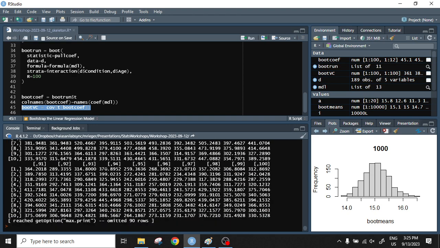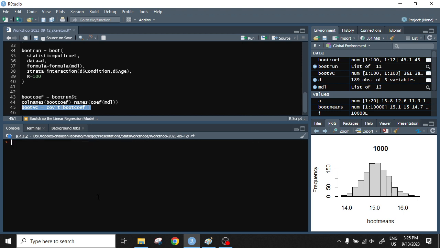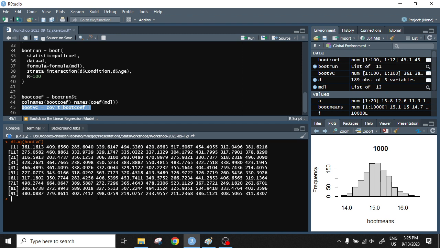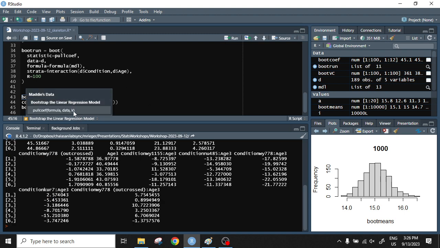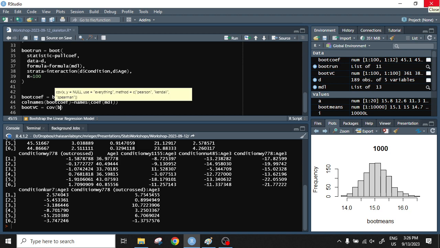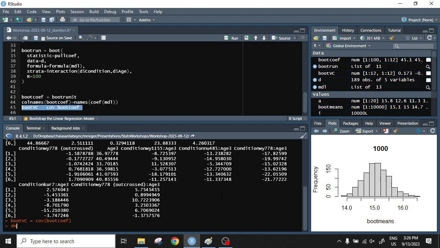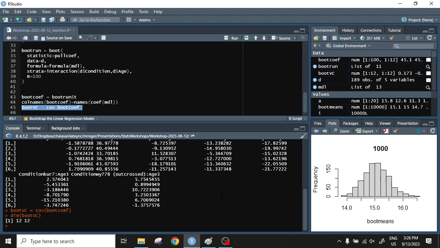Well, that's ugly. That's cool. But importantly, the diagonal of boot VC has the ooh. No, wait, hold on. Did I do this wrong? What did I do? I thought it needed it to be transposed. Maybe I'm wrong about that. Maybe it's just, hold on. Dim. Oh, okay, never mind. Just kidding. You don't have to transpose anything. I thought you did. So just cov of boot coef. That's enough. So if you look at boot VC,